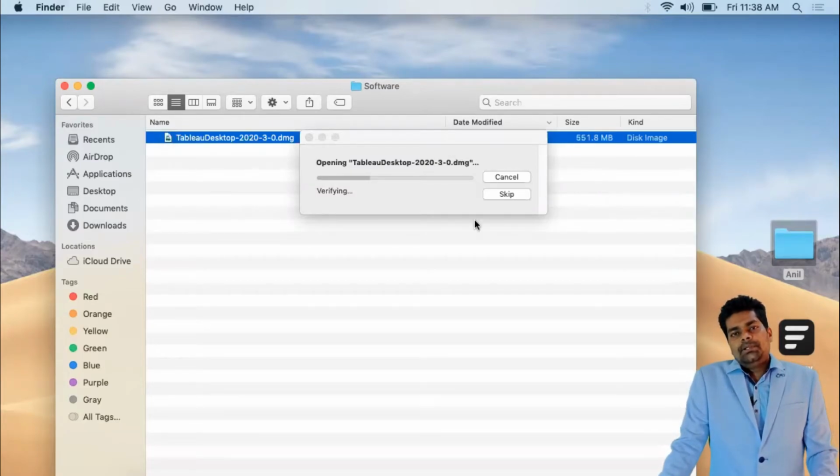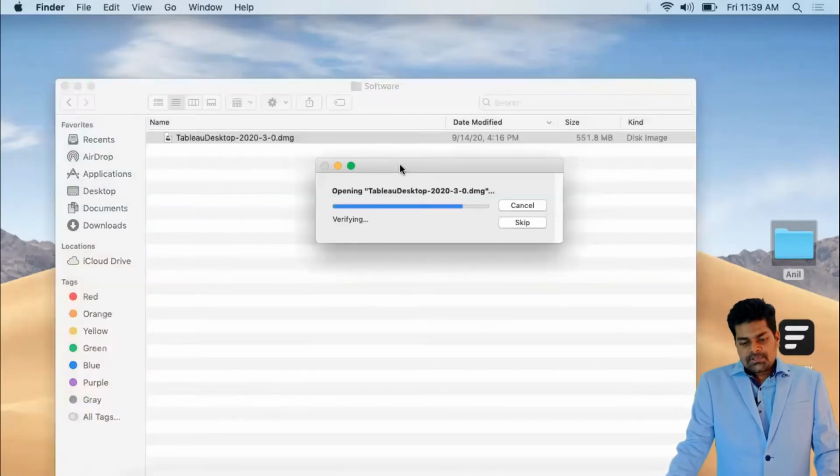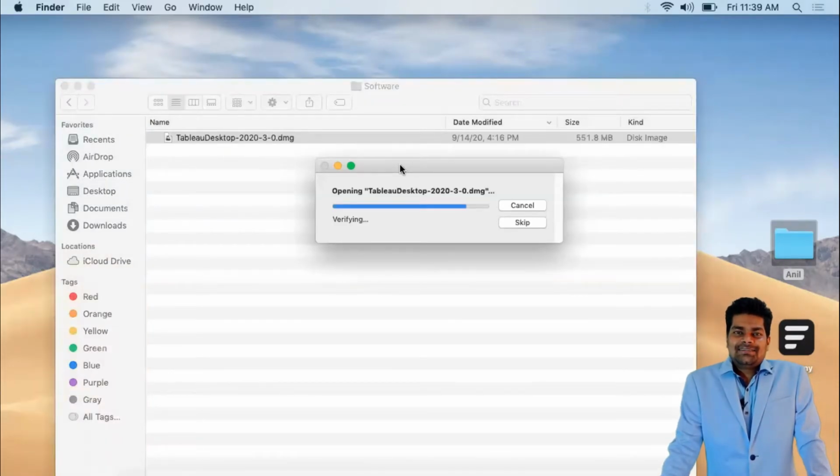Tableau 2020 is one of the stable versions of Tableau, and it's very much compatible with Mac OS, while some previous versions like 10.5 and 2018.0 had some bugs. After double clicking, it opens the setup and it's ready for installation.